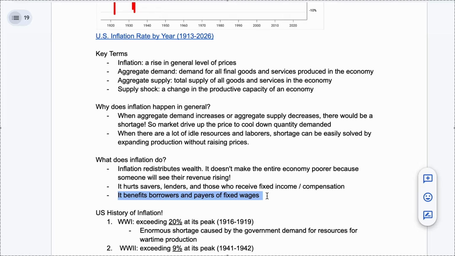Okay, firms borrow a lot of money, make an investment, operate their business and make money. And they have to pay a fixed amount of money, right? The principal plus the interest payment to the banks or whoever they're borrowing from. But they're going to see their revenue rising as a result of inflation. It will be easier and easier to pay back the debt, and those who receive the debt, on the other